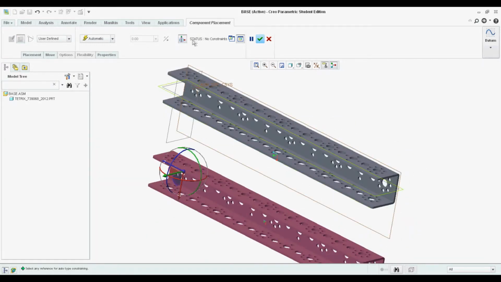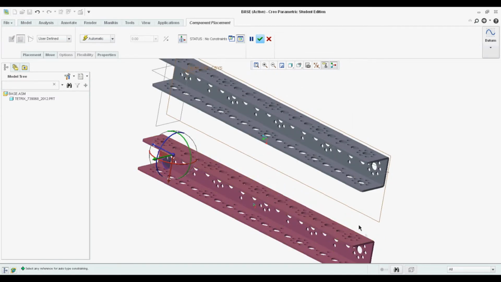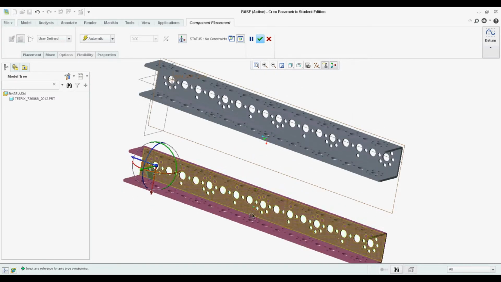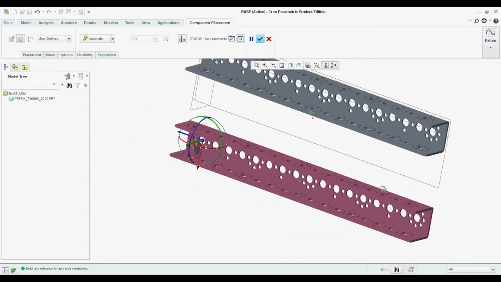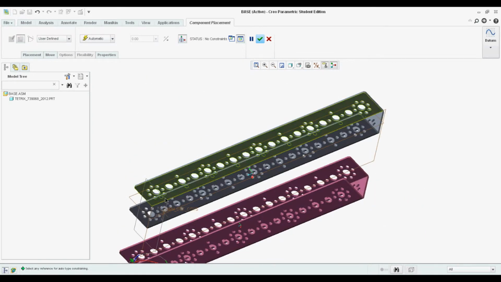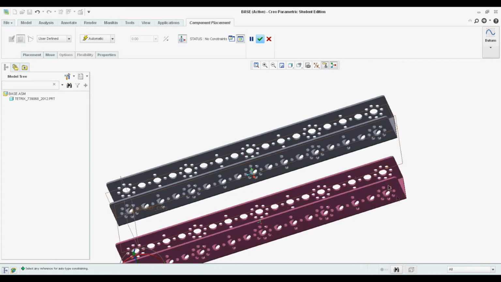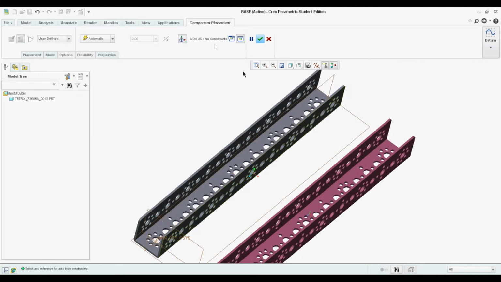Don't hit the check yet, because if you look here, it says status no constraints. Right now it's still pink purplish, so that means it's not constrained in location. Pretty much you didn't assign X, Y, or Z values to the part, so it's going to stay there, but it's not at a specific location. It could be anywhere because you didn't assign it a value. Since you assigned this gray channel X0, Y0, and Z0, or whatever it assigned when it said status fully constrained,